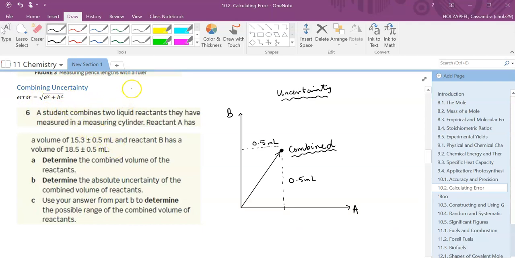And Pythagoras' theorem is c squared is equal to a squared plus b squared. And I've drawn a little diagram to show you why. So what I've done is I put my value for a on the x-axis and I put my value for b on the y-axis. And this would be, if I added the points, the total error potentially, or the range of error potentially for this particular measurement, because each of them have plus or minus 0.5 mils.